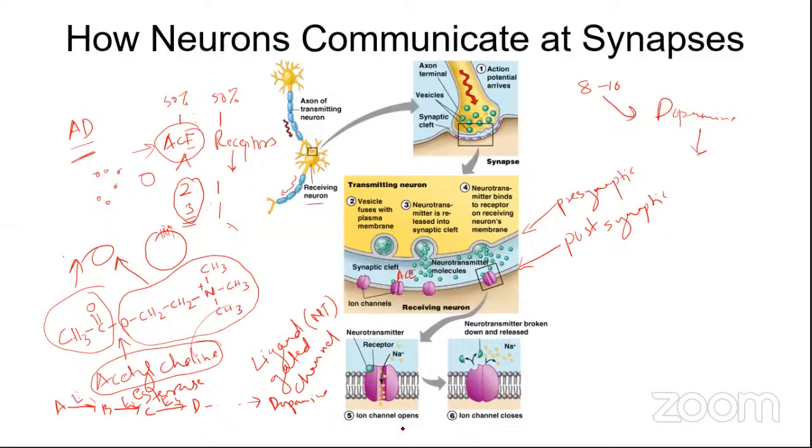Sir, there must be something which will degrade the dopamine in the synaptic cleft. See, degrading dopamine means that in the presynaptic neuron, you are going to again require 8 to 10 enzymes to resynthesize it. That is what you don't want, right? You don't want the dopamine that you have secreted out to get degraded. Because if you degrade it, then you will have to spend more energy from your own pocket in order to synthesize dopamine back. So every time your action potential arrives here, you're going to lose a lot of dopamine, right?